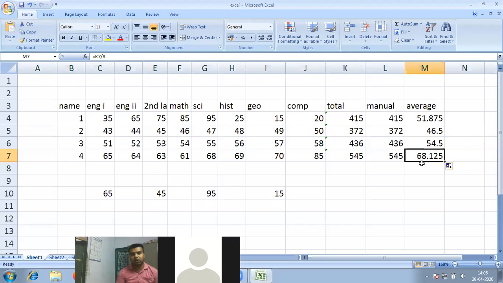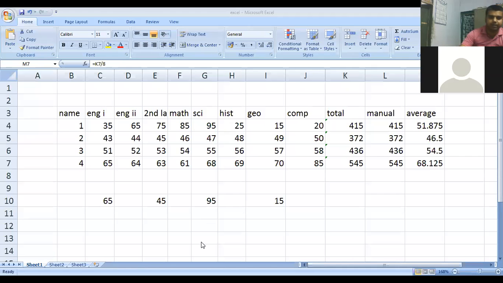Two ways of copying. For the next assignment, please write the question: what are the different ways of copying and pasting the formula in Microsoft Excel? Please write down the next question, everyone.